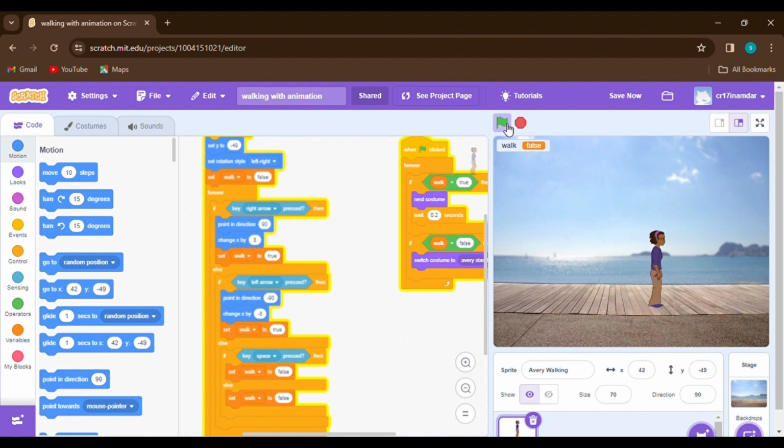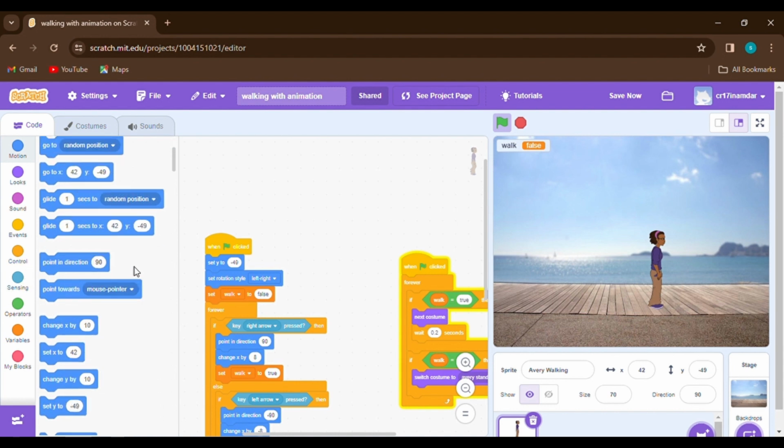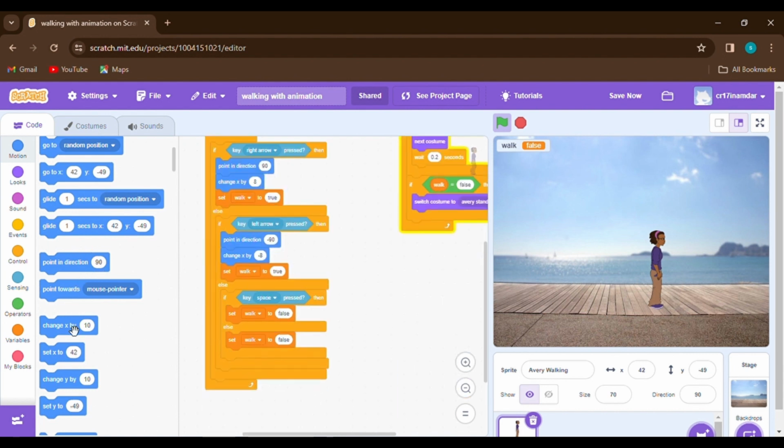So now move on to our final and the last part, jumping. So let's go. So we want to add change y by 80. Yeah, we want to add change y by 80. So over here in the third if else statement, I'll just change it to 80. Okay, and then